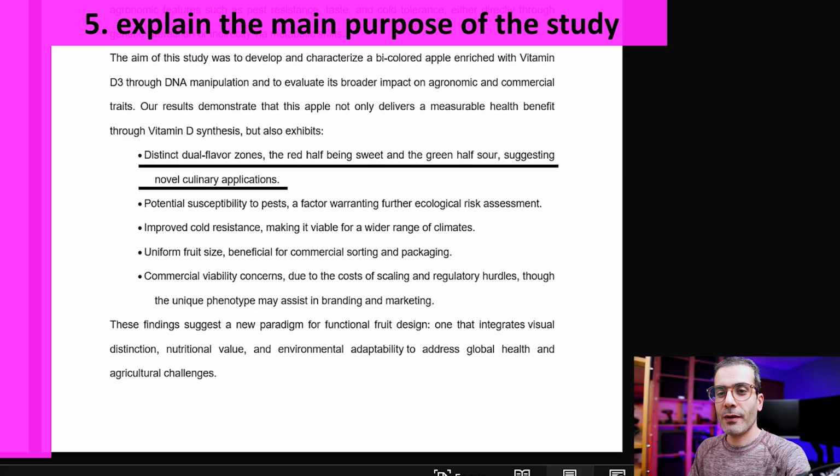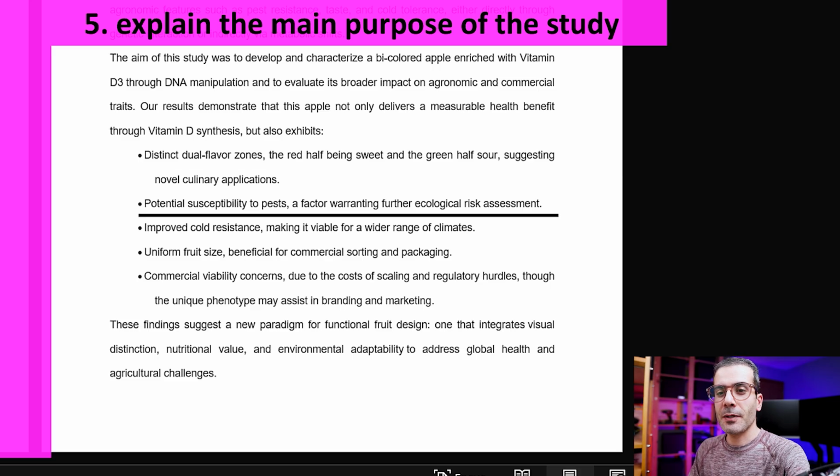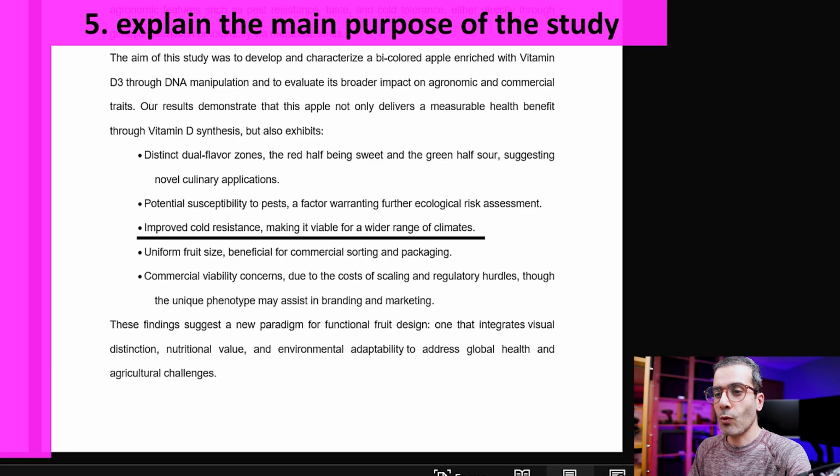So I'm gonna start with saying that we have a unique taste here. And then I'm gonna be honest about the potential downside. So it's gonna build a credibility here and transparency. And then I'm gonna mention a practical farming benefits for whoever wants to grow this kind of apple in a cold area. And then I'm gonna mention another farm and market benefits, which is the uniformity, which is gonna save